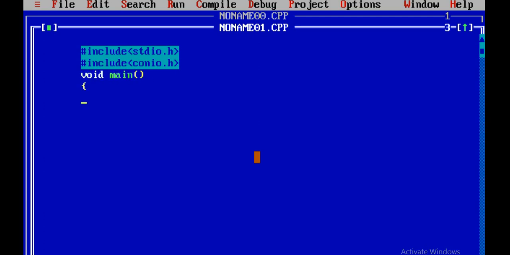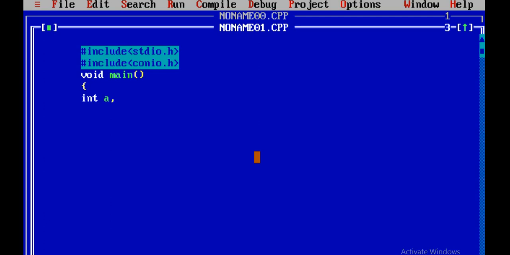Now what is the program of ours? Comparison, that means I want to show the programs of logical and relational operators in the same program. So I want to check the biggest of three numbers. This is a program related to the biggest of three numbers. We can implement this with a simple if else, and we can also call it an if else ladder. That means in one if else we encounter one more if else. When we enter one more if else, we call it a nested if else.